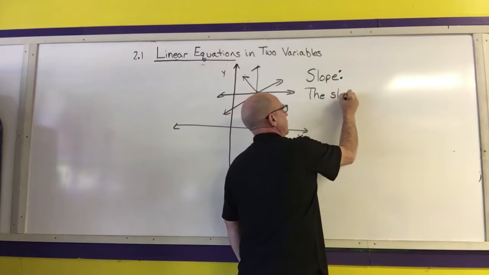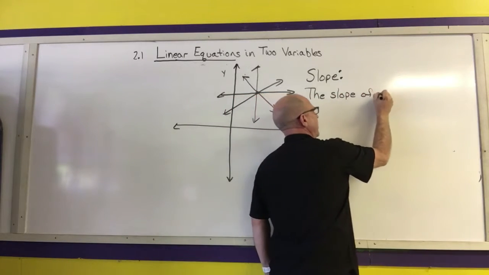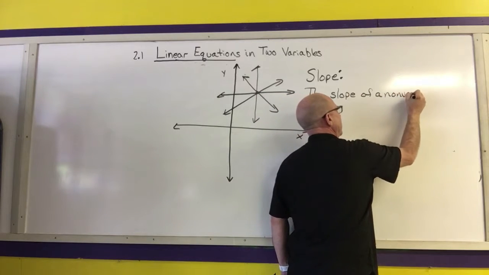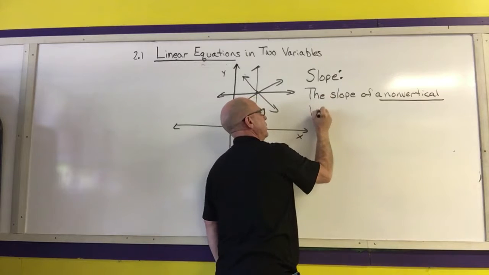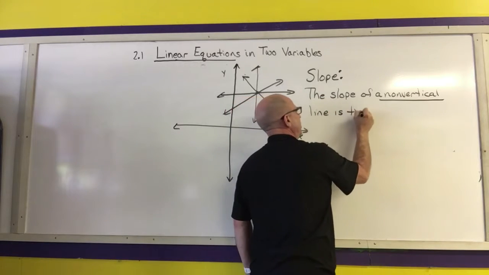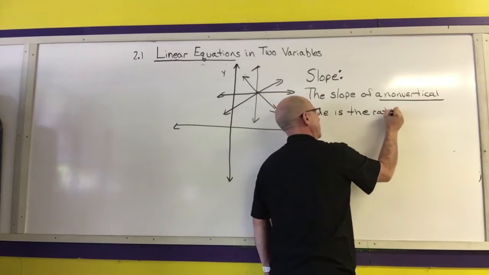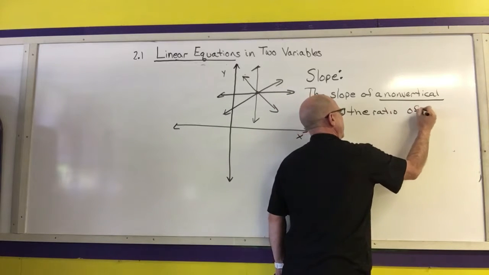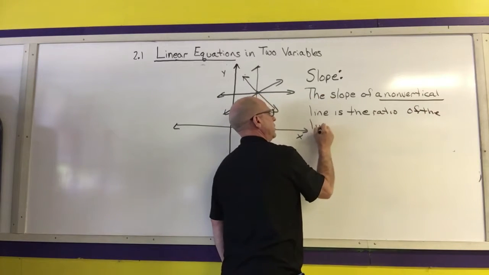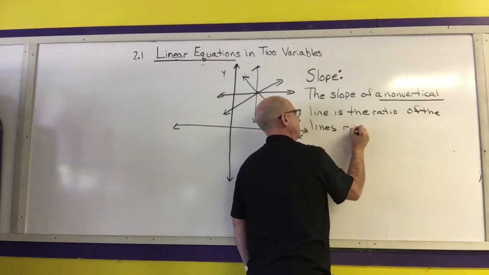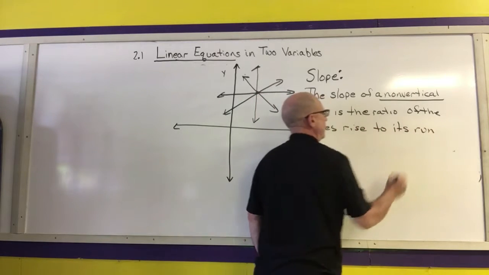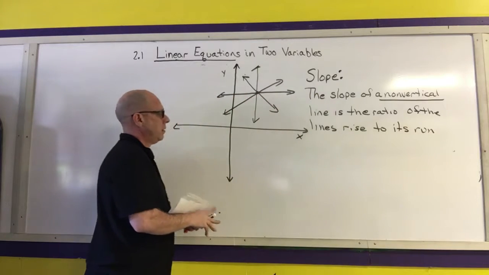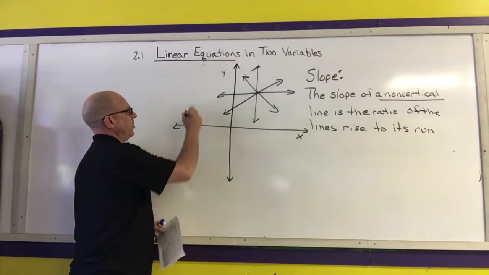The slope of a non-vertical line, and that's a key point, is the ratio of the line's rise to its run. So if I have a non-vertical line,